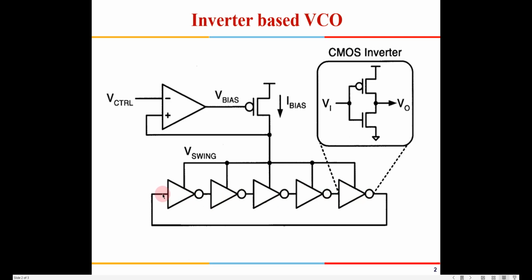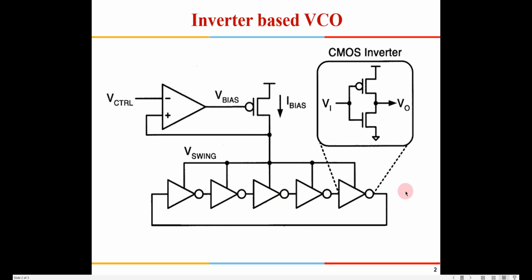Since I give a 0 here, by the time that 0 becomes 1 here, 0 here, 1 here, 0 here, 1 here, it will continue to remain 0 because there is going to be some time required, the propagation delay. This 1 will come after a few nanoseconds or few picoseconds, and once that 1 comes here, again it will trigger a reaction in this particular chain. So that's how it will continuously keep oscillating. Once you give the power supply, it will continuously give me the output like that.